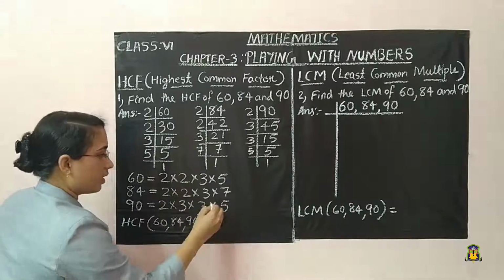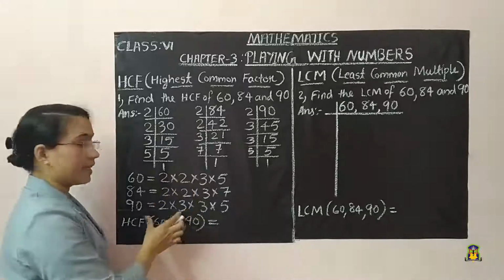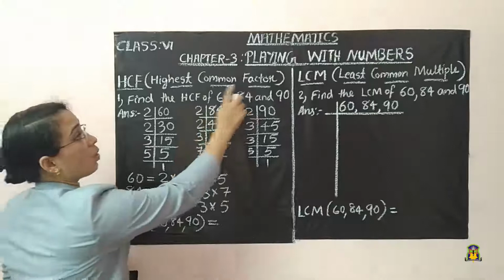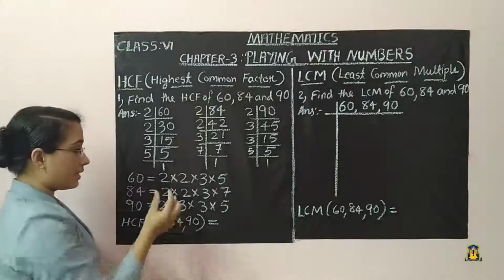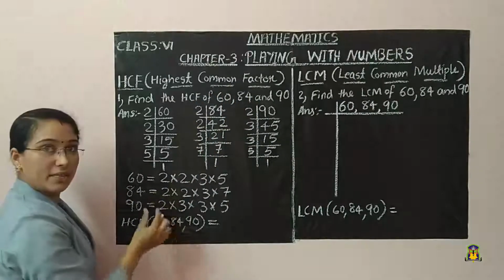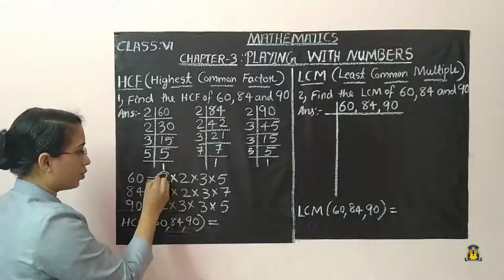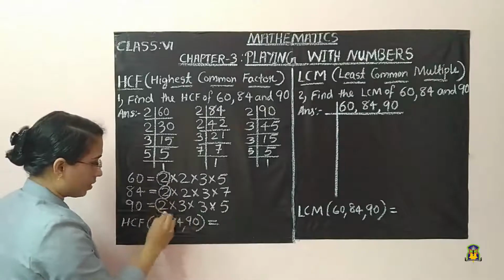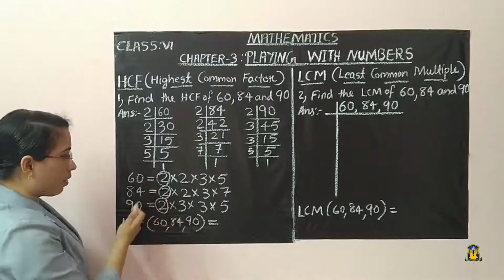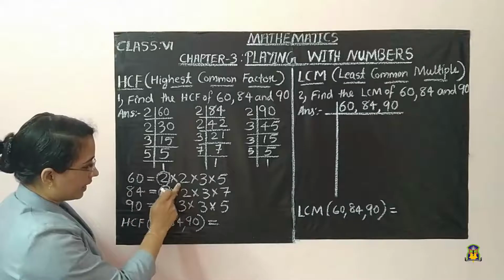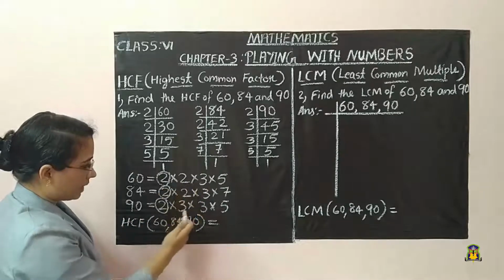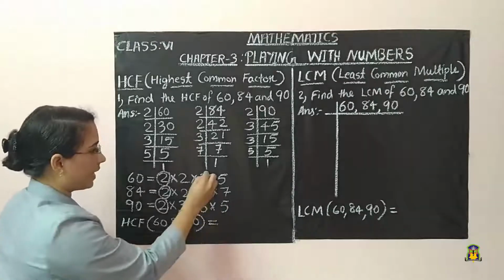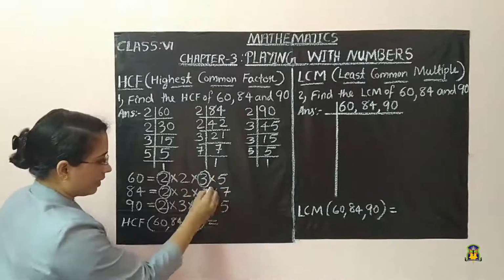So we completed the prime factorization of all the given numbers. After this, we want to check which numbers are common factors of these 3 given numbers. Here you can see 2 is present in 60, here also 2, here also 2. 2 is present in all the given numbers. Okay, but in the third number we cannot see another 2, so that is not possible.